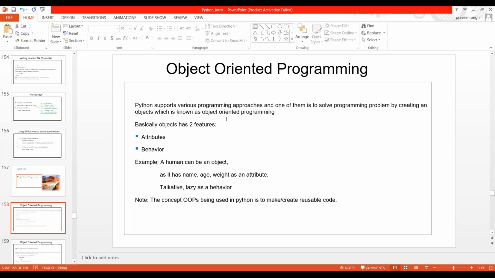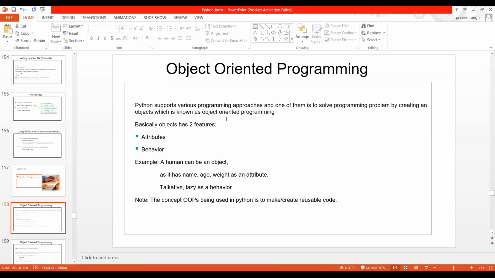Okay. That is why I keep on asking you to please answer, because I wanted to take examples from all of you. So a human can be an object. She is an object, and you all are also objects. When I say object, that means it has name, age, weight. These are nothing but attributes.